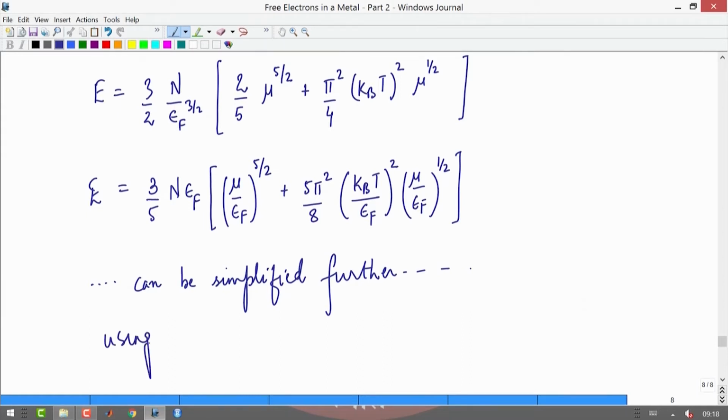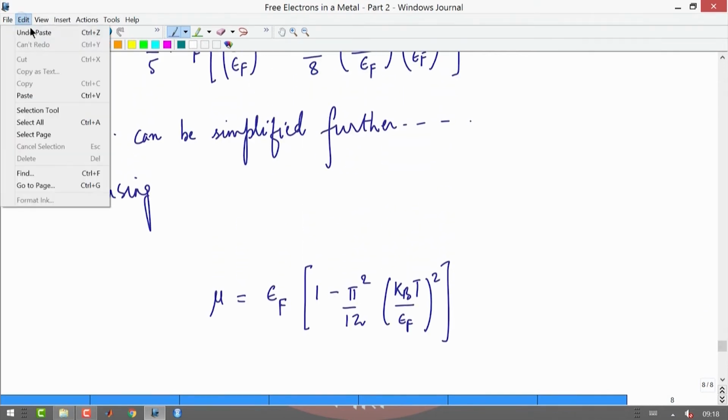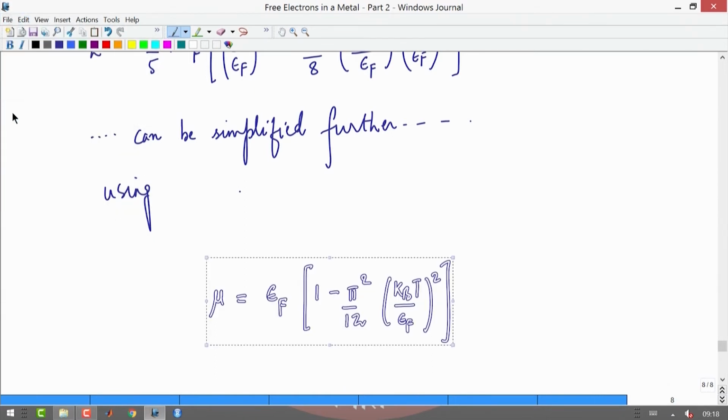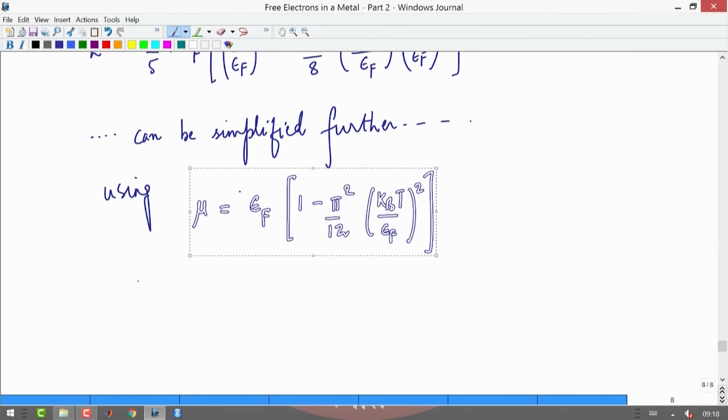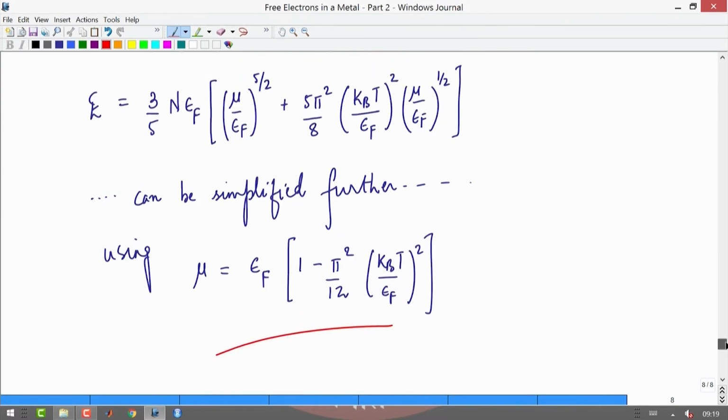Using my already derived expression for the chemical potential. So, I am going to use this definition of the chemical potential. Okay. So, this nice definition of the chemical potential comes to our use. So, you can see that I can write mu over EF as 1 minus pi square by 12 into kT upon EF raised to 2. Okay. So, I can write down my energy